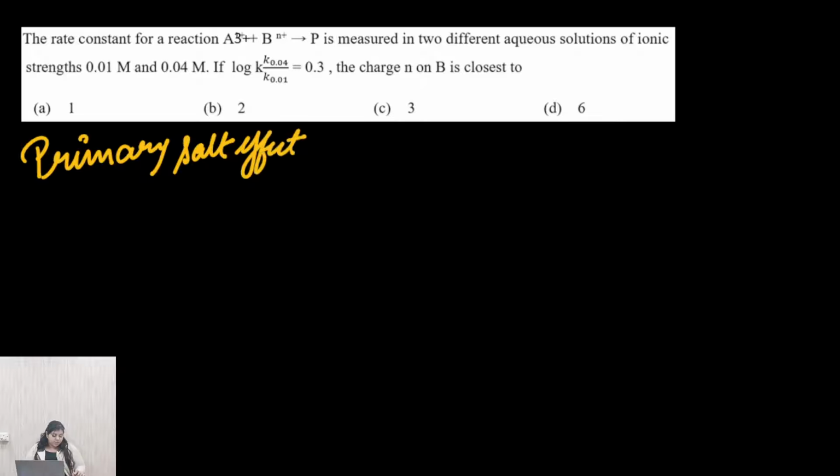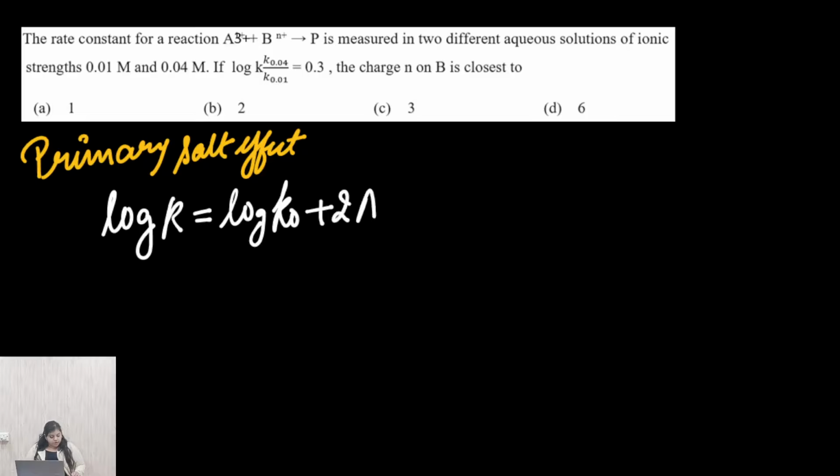If the log of the rate constant K at 0.04 molar over that at 0.01 molar is 0.3, what is the charge on B, that is the n value, closest to? So this is from your primary salt effect,